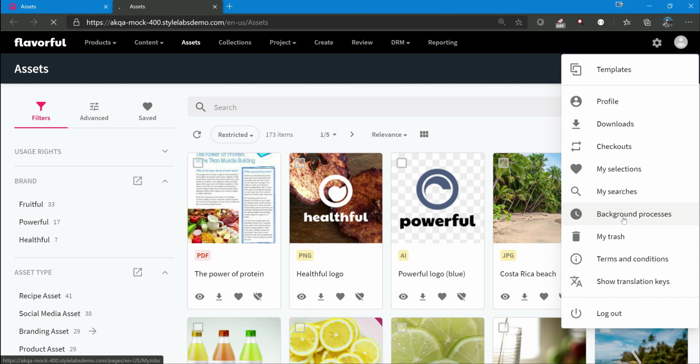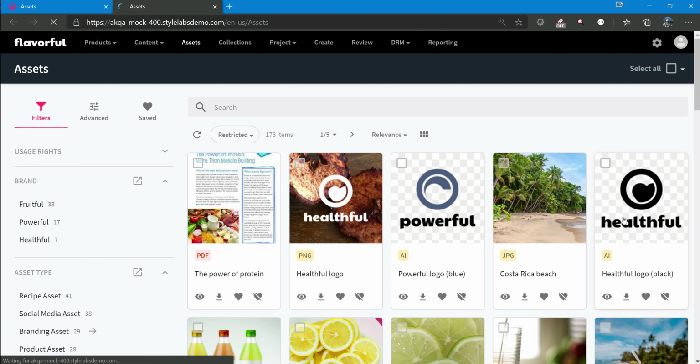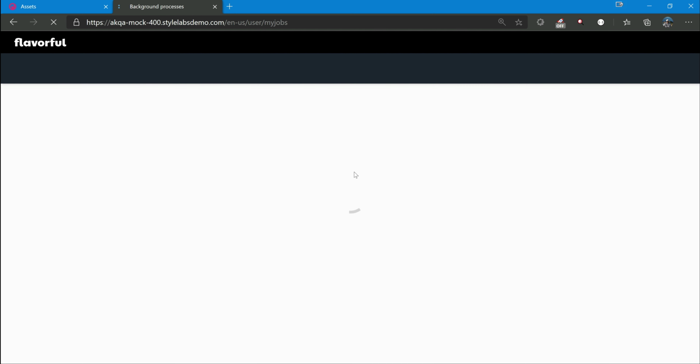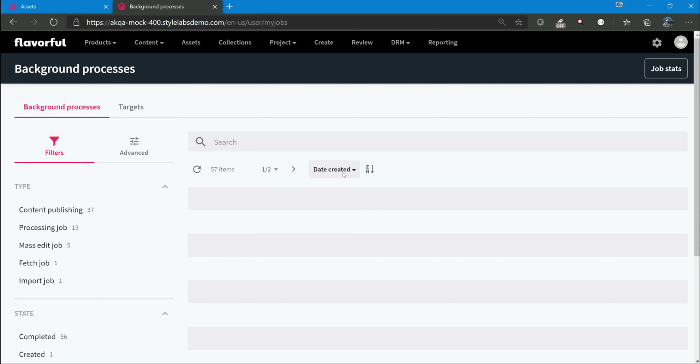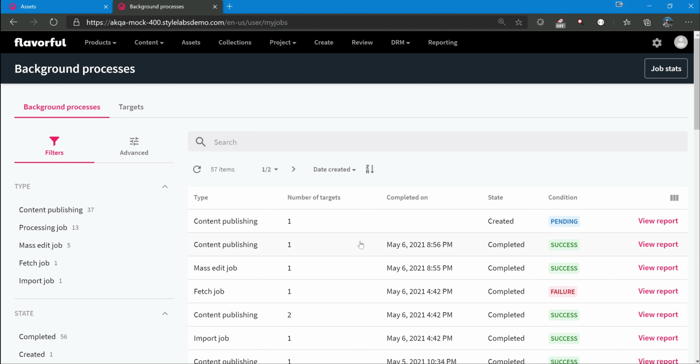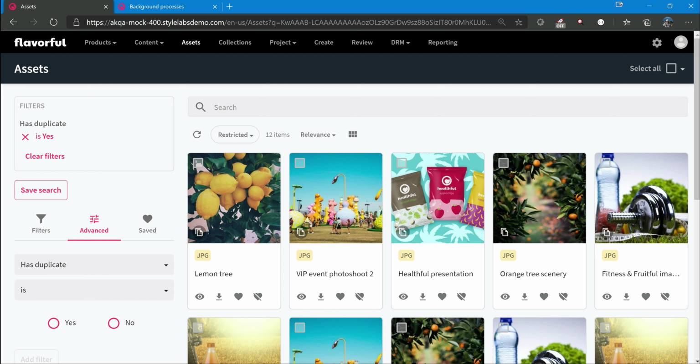Let's go to background processes. There is a content publish happening, so that's fine. Content publish is part of the Experience Edge newly introduced on Content Hub 4. Because it is working, it should update the content publish because some new item is deleted. So that is the delete option from the individual asset page.